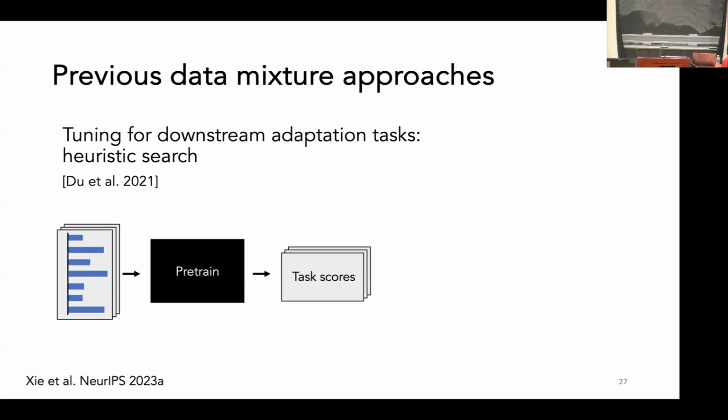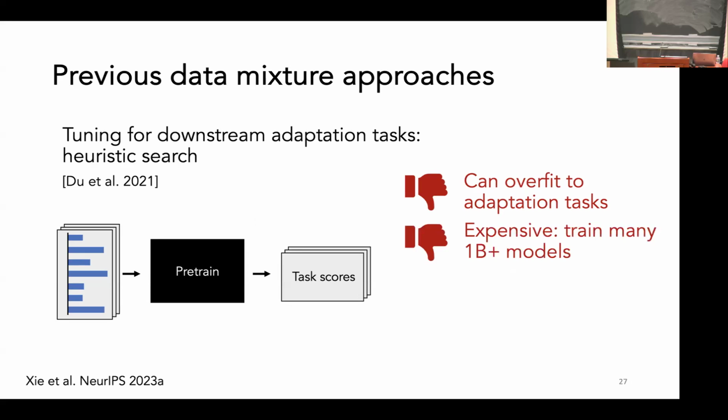Some other approaches have tuned against downstream adaptation tasks using a heuristic search process with pre-training in the inner loop. However, this can overfit to this choice of adaptation tasks used, and it can be quite expensive. You might have to train many sizable models to get a good signal on the downstream tasks.